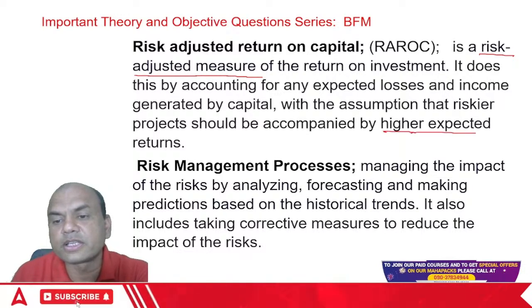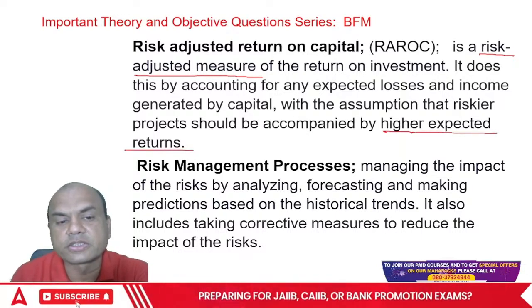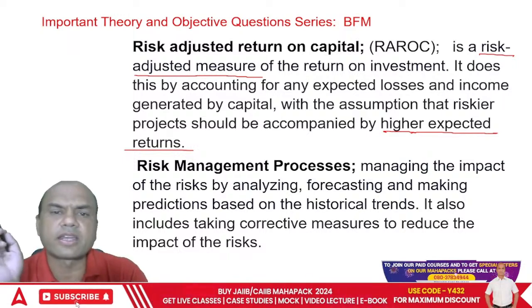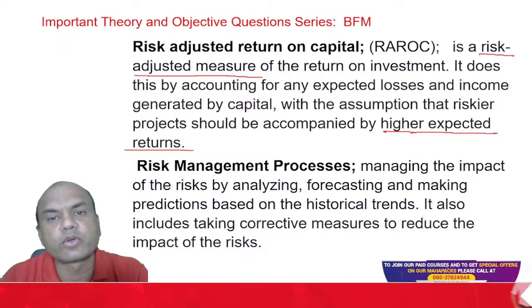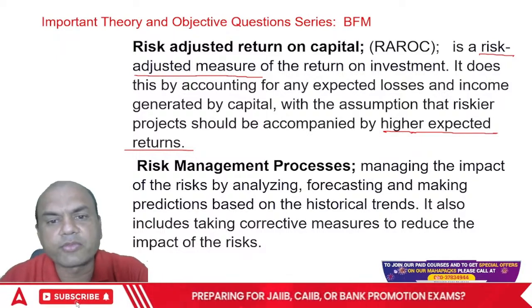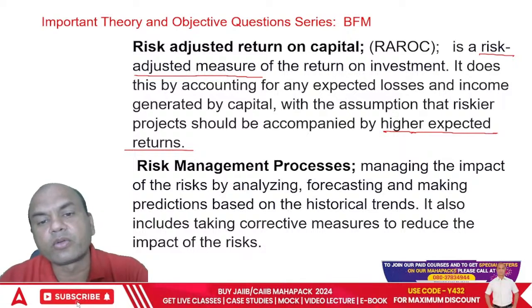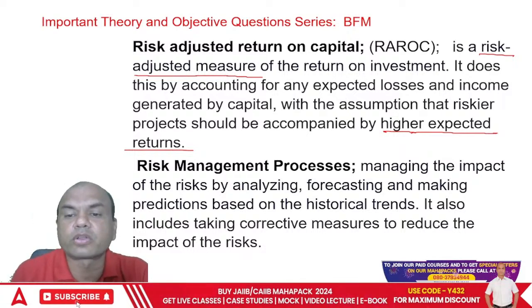So if I'm investing in higher riskier projects, then I should get a higher return. Only then will I invest in the higher riskier projects. Otherwise, won't I invest in the bank FD, isn't it? So it does this by accounting for any expected losses. What all losses can occur